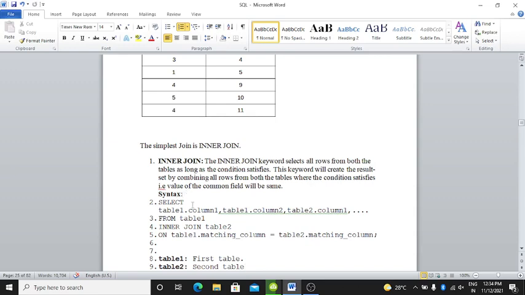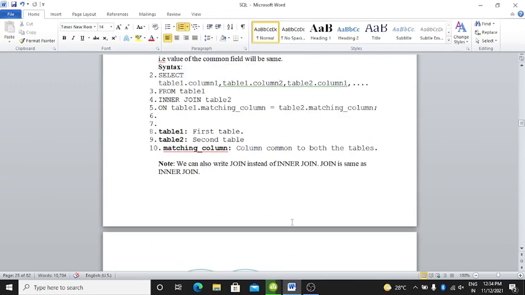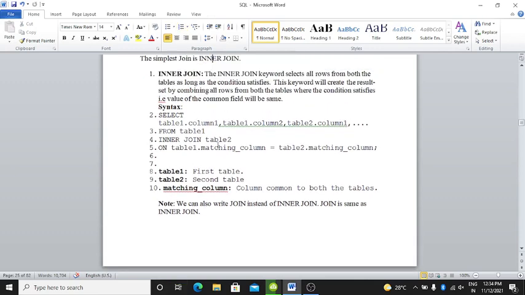There is a syntax for inner join. First is SELECT, then table1.column1, table1.column2, table2.column1, and so on, continuing FROM table1 INNER JOIN table2 ON table1.matching_column = table2.matching_column. Table1 is the first table, table2 is the second table, and matching_column is the column common to both the tables.